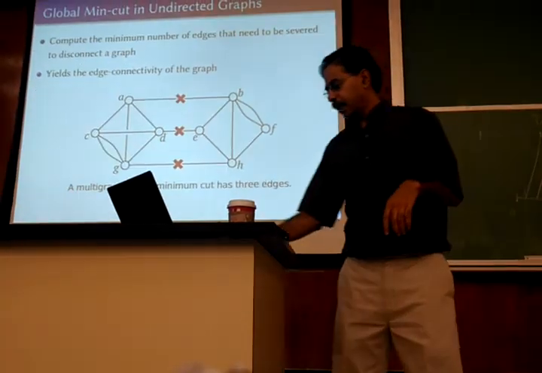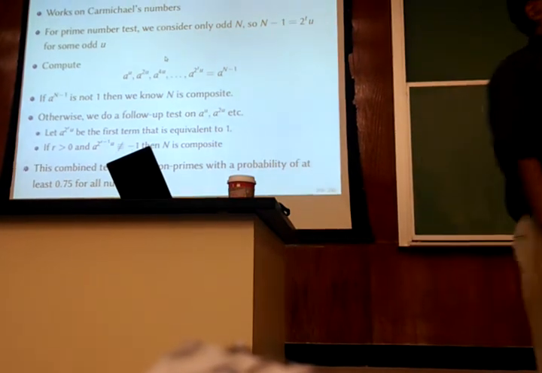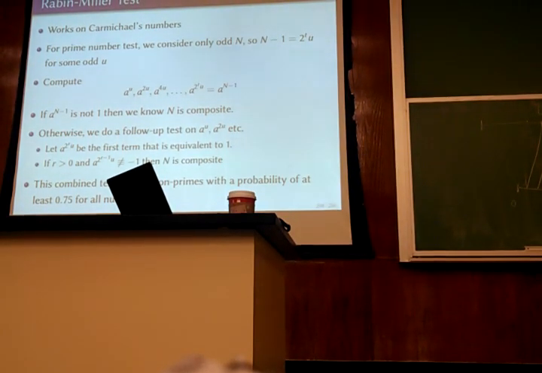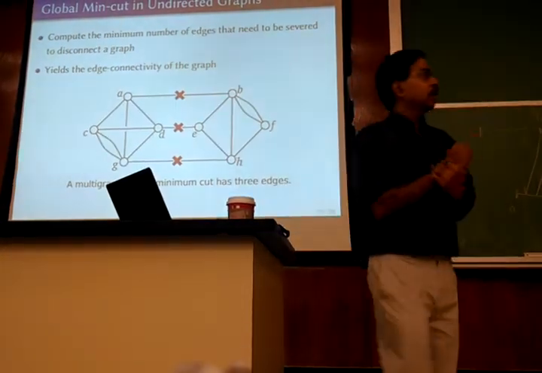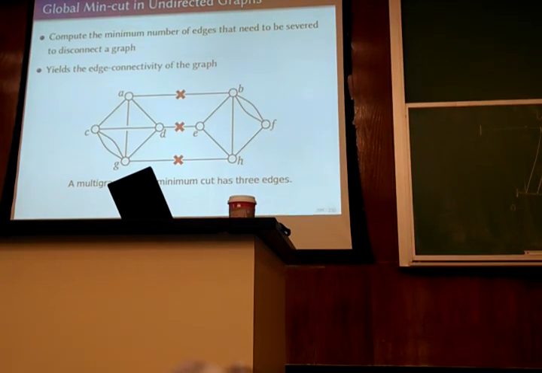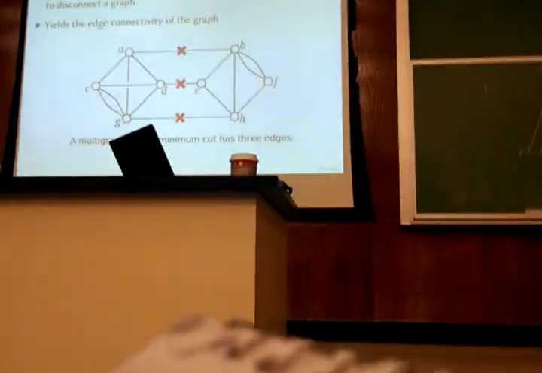It also has a provable probability of 0.75 of being right instead of 0.5, which means you get a high enough probability pretty soon. So this is the last probabilistic algorithm that we are going to talk about, and in fact it's also